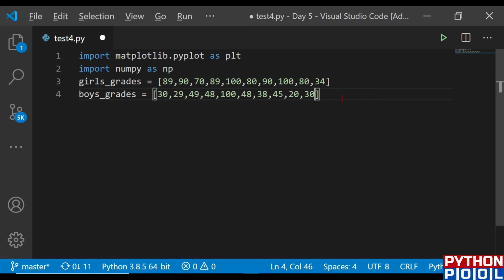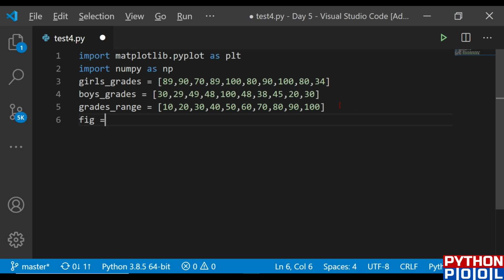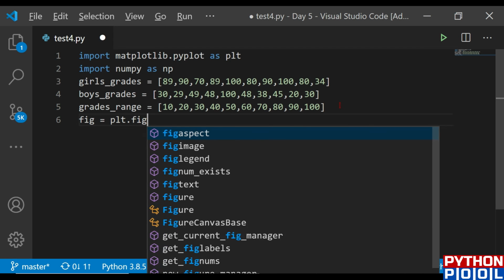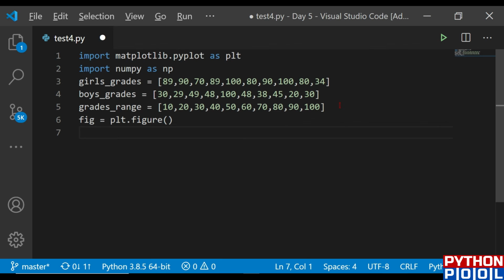And let me define the range from which I am going to give the marks or the grades. So that is nothing but 10, 20, 30, 40, 50, 60, 70, 80, 90 and 100. These are my grades range. Now I'm just going to call the figure function. So let me call the figure function. After calling this figure function, let me define the axis also.